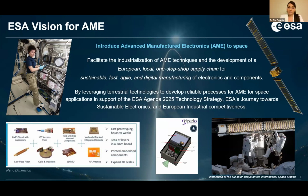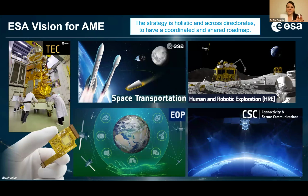And we are planning on doing this by leveraging the technologies that already exist, so terrestrial technologies, and developing processes which can be certified, repeatable, and reliable, so that they can be used for space applications. This is in support of the ESA Agenda 2025 technology strategy, ESA's journey towards sustainable electronics and European industrial competitiveness. Also, as Rafael mentioned, I'm leading a working group at ESA